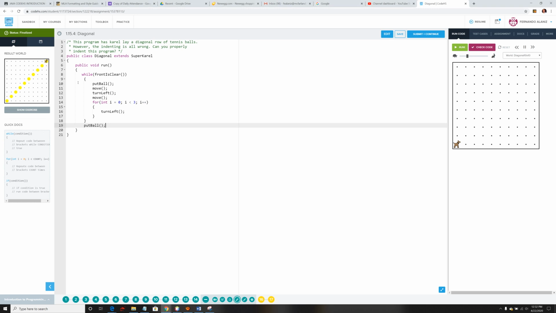Okay, so now we're going over lesson 1.15.4 and 1.15.5. All right, on this one the program has Karel lay a diagonal row of tennis balls. However, the indenting is all wrong. Can you properly indent this program? Okay, so